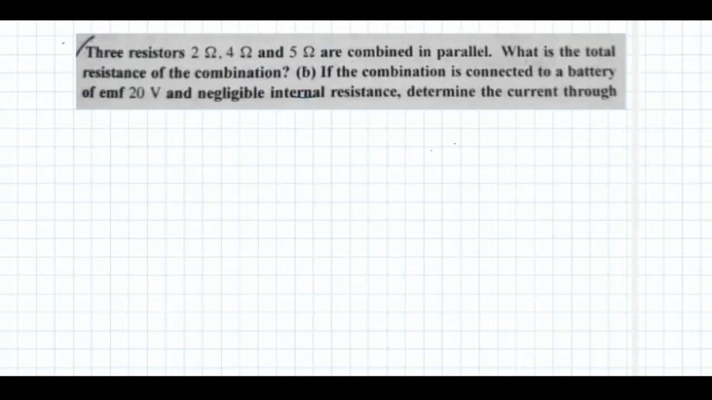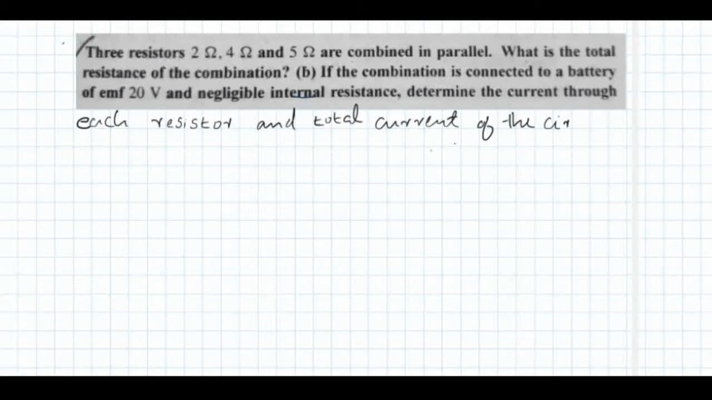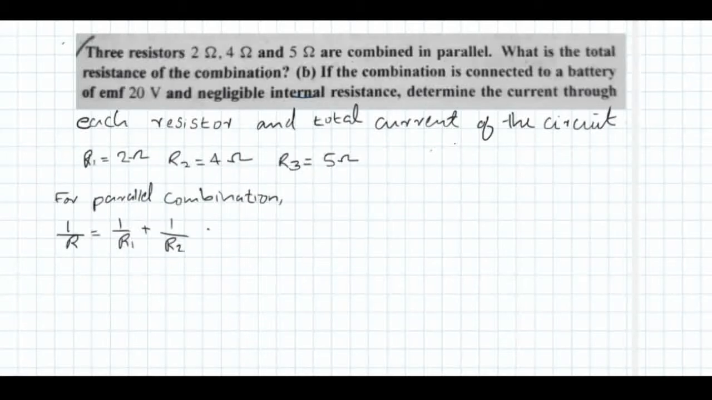The next one is 3 resistors, 2 ohm, 4 ohm and 5 ohm, combined in parallel. What is the total resistance of the combination? If the combination is connected to a battery of EMF 20 volts and negligible internal resistance, determine the current through each resistor and the total current in the circuit. So we have 3 resistors, R1 2 ohm, R2 4 ohm, R3 5 ohm, and when resistors are in parallel